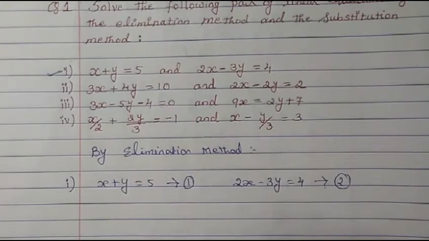In elimination method, normally we see both the equations and we have to see that any one variable should be the same. Here, for example, we have x here, but here we have 2x. If it would be 2x here also, then it is easy for us to eliminate by changing the sign. Then we will see y. For y, here 1 time, here we have 3 times. So neither y is same nor x is same.